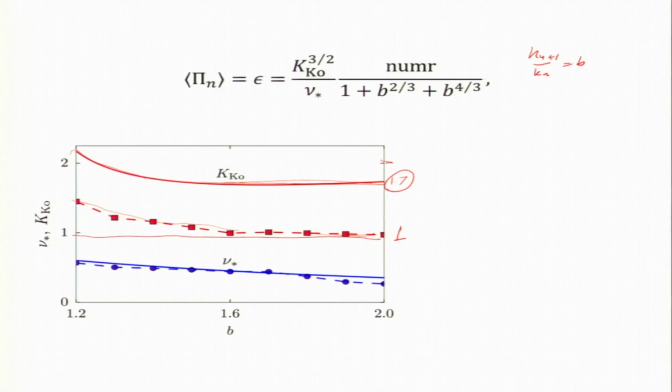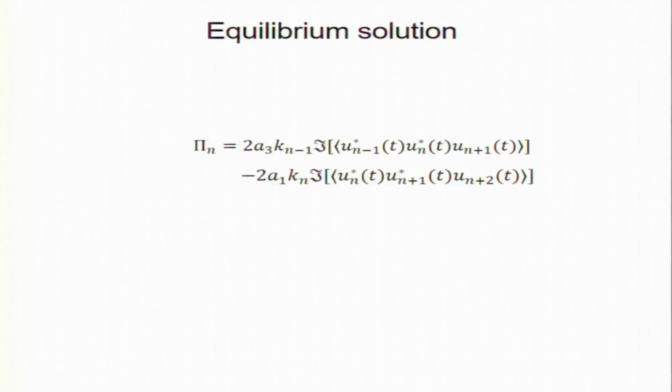Now, these are all non-equilibrium solutions, but there is an equilibrium solution, in fact, which is quite straightforward. The idea is that if I start with a random initial condition for the shell model, then we checked numerically that it remains random. So, this correlation for any u_n star, u_{n+1}, this should be 0, but even the triple correlation, this guy, is also identically 0.